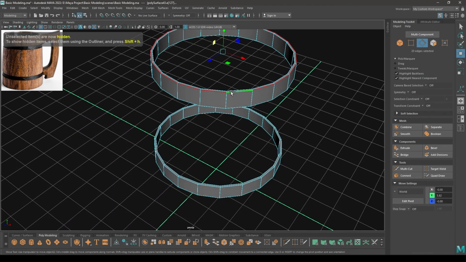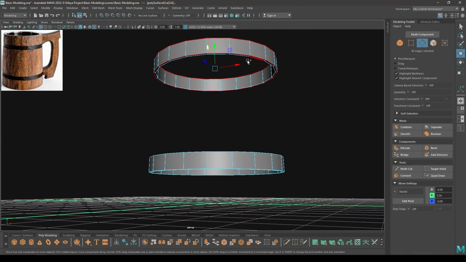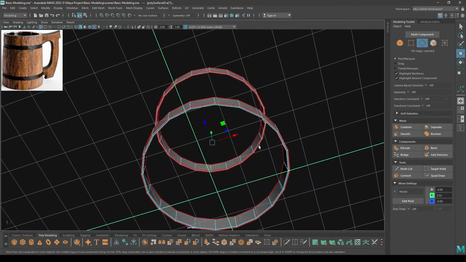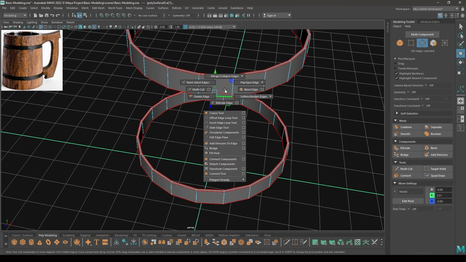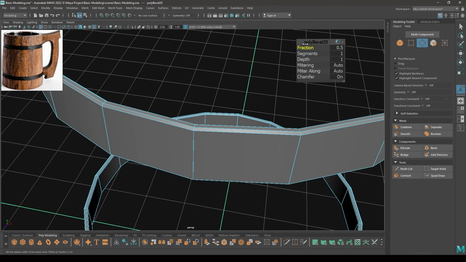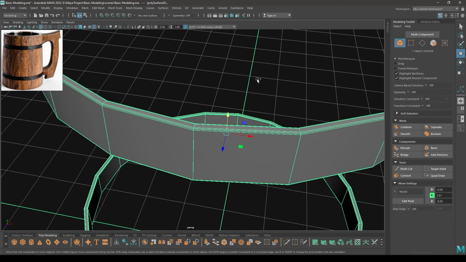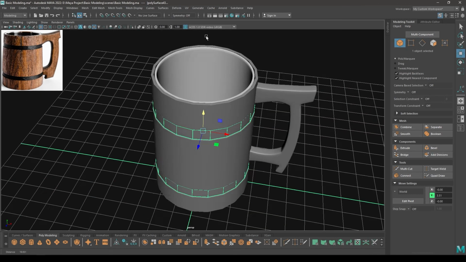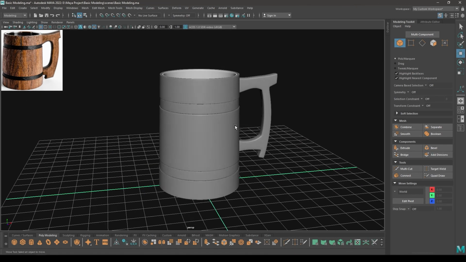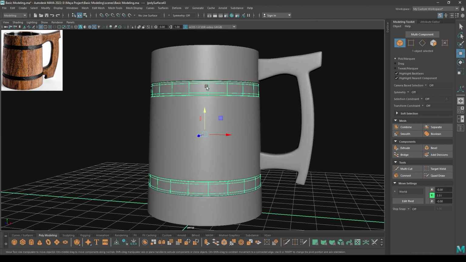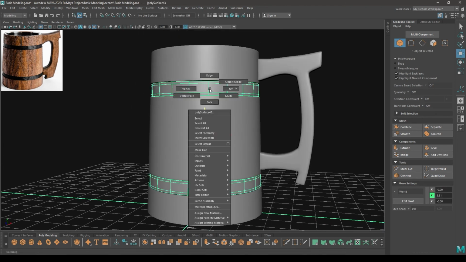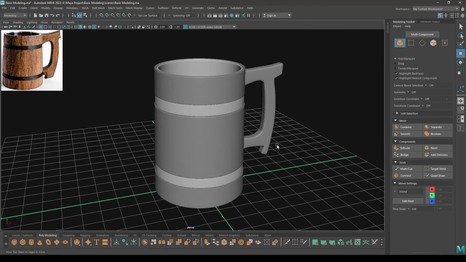Go to edge mode and select all these edges. And then bevel. Add a segment, decrease the fraction to 0.4 and then bring back the model and see it in smooth preview. And these two things can be metallic instead of this cloth. So our cup modeling is done.